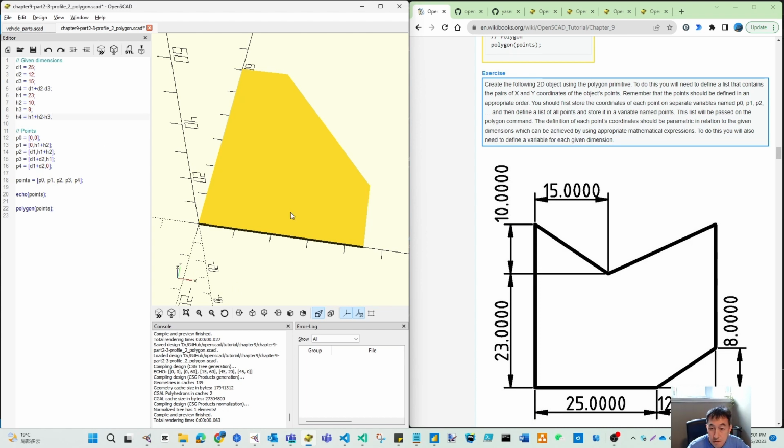So P1, P0 is 0, 0, and we go to here, which is H1 plus H2, and P2 is D1, not D1, here is D3. H1 plus H2, just H1, excuse me, P3. That is 1, 2, 3, and P4, P3 now, 0, 1, 2. So that is the D1 plus D2, correct? And then go to the H1 plus H2. And this is P4, the D1 plus D2, and that is the H3. And this one is P5. It's just D1